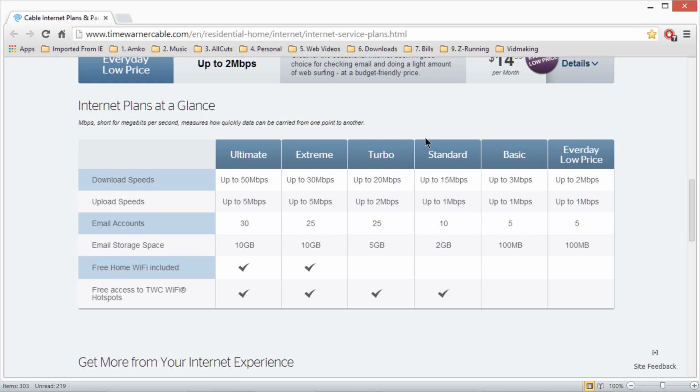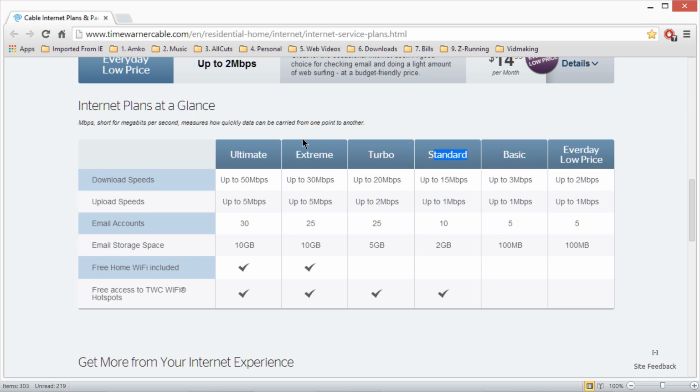Maybe you may already know this, or maybe some don't know it. Some internet service providers, depending on the plan you have, are providing bundled email accounts. Like for instance, Time Warner here in the USA.